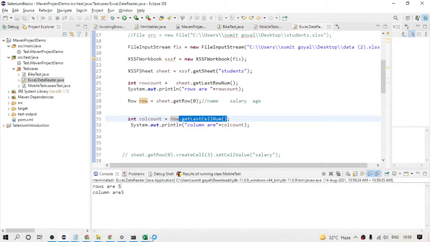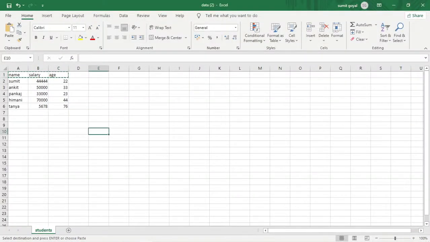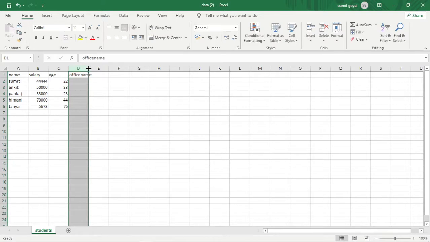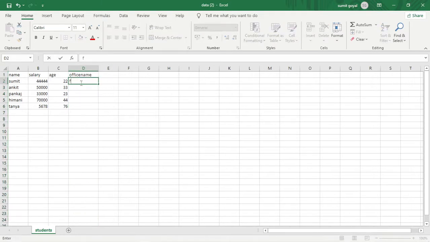So if you see the count like this, you need to take care how it is calculating. For the total number of rows, it is 0, 1, 2, 3, 4, 5. But for the columns, it is 1, 2, 3, right? Similarly, if I add one more, say office name, with some dummy data, now we have a total of 4 columns.